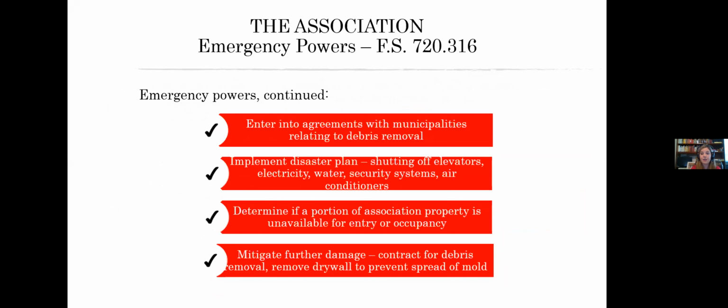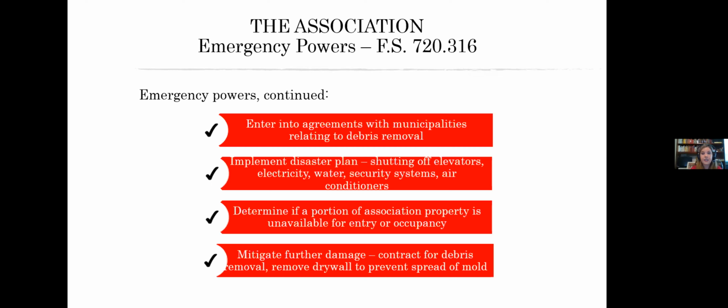You may need to contract directly with a debris removal company, because otherwise you're going to have a lot of debris sitting on the side of your roads, and your owners are not going to like that at all. Same thing, implement disaster plan. We have a whole separate presentation that we give about disaster planning. And so if that's something that's interesting to your association, I'm happy to go through that. I know Southern States is very well prepared on those topics as well. So if you're a Southern States managed property, you may want to talk to your manager about reviewing a disaster plan.